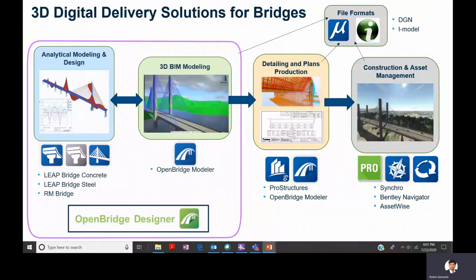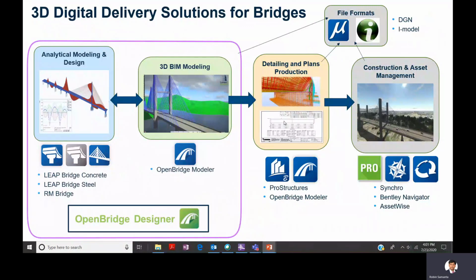Then you send the same 3D model to your analytical tools. You analyze it, you design it, and the output of analysis and design can be sent back to your 3D model. And this single source of information, which is your 3D model, can be used for creating your deliverables like drawings, reinforcement drawings, as well as different kinds of reports.